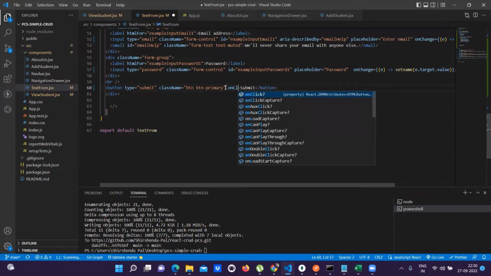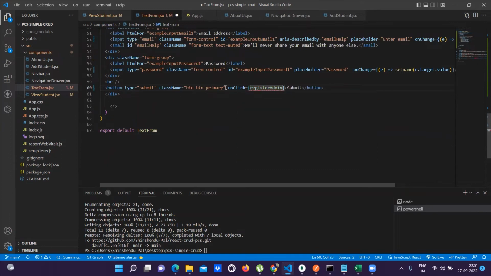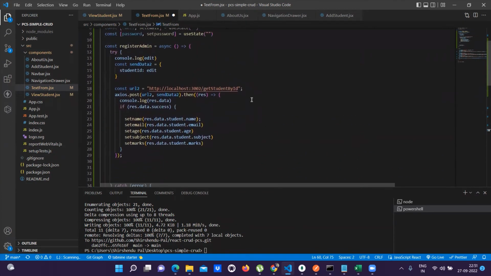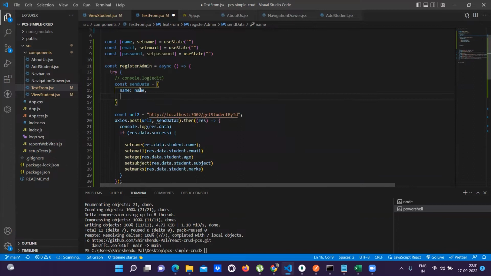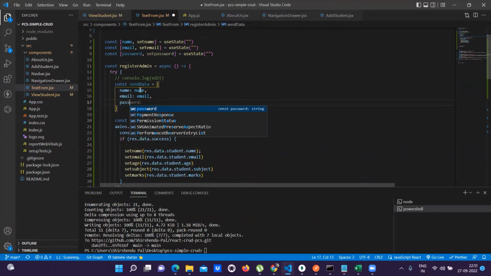On click, this function will be called. So on click, what we have to do? We have to complete this. We need a send data, and send data will be first name, then email, which is email, then password, which is password, and in this URL,